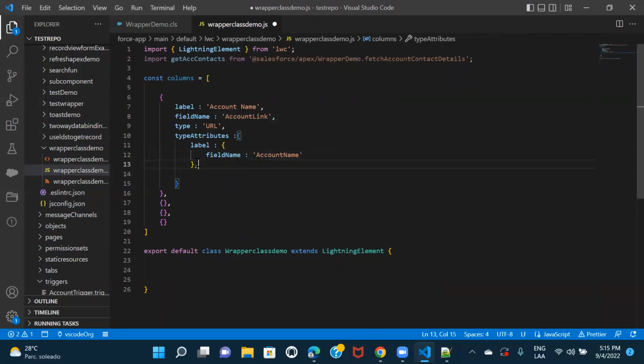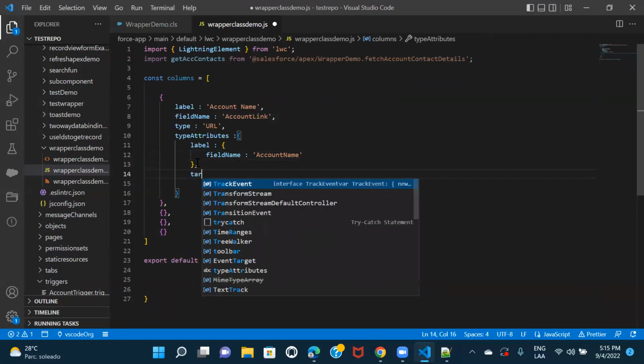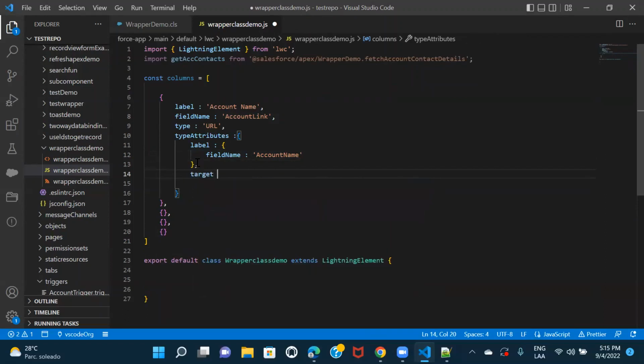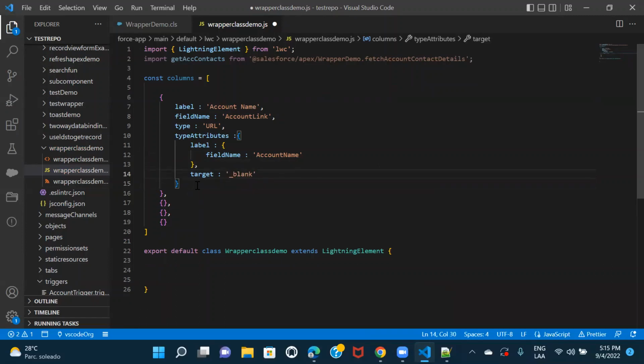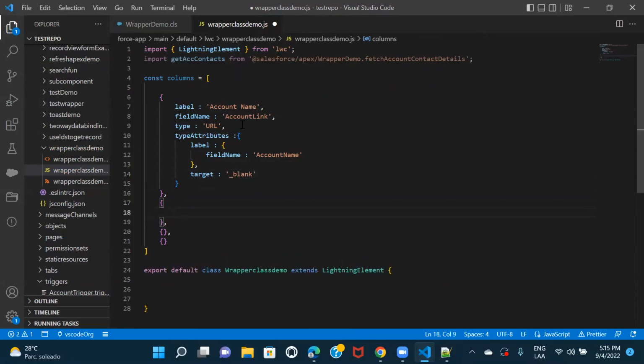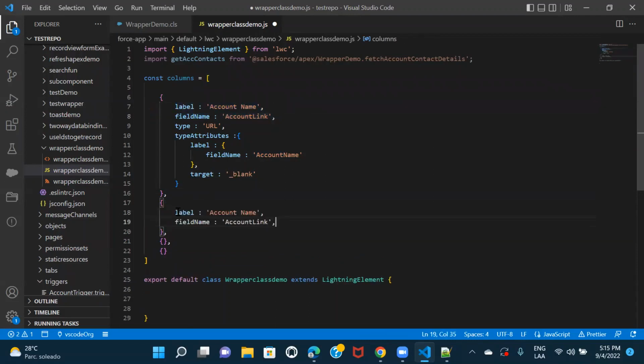And let me give the target as blank so that it opens in a sub tab. This is for when you click on the link, where it should open. All right, so I think we should be good with this. Let's fill in everything else, which goes with two simple things: account, let me see the table,